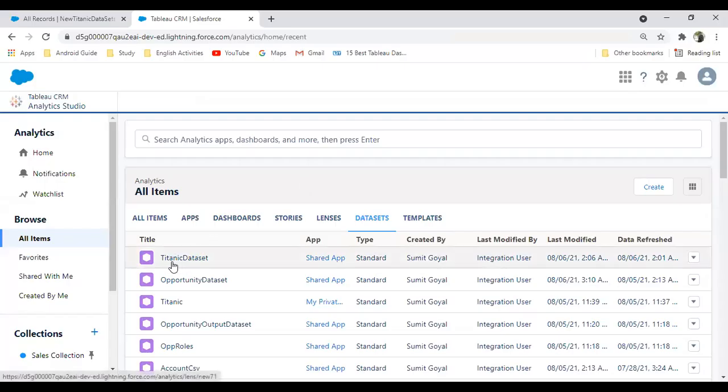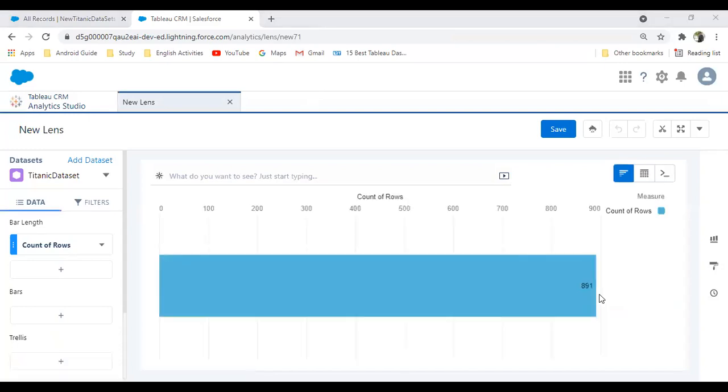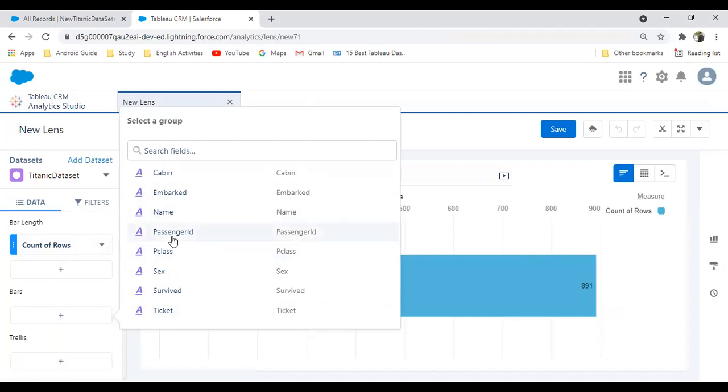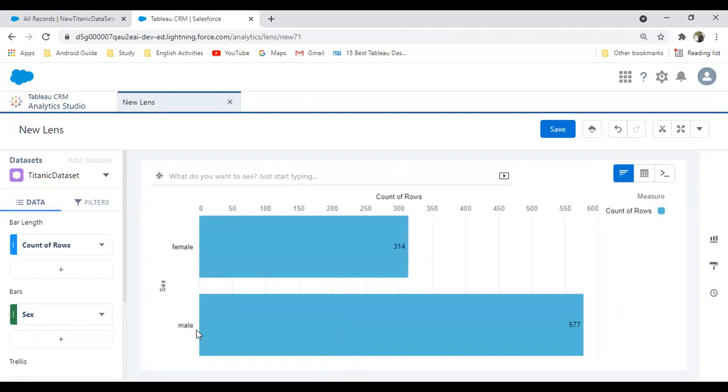Now, as you can see, that's my Titanic data set, the same data set as the Excel file which I demonstrated to you just now. Let's try to explore this data set. As you can see, there are almost 891 records. If I explore this, I can figure out the number of passengers who survived based on sex.